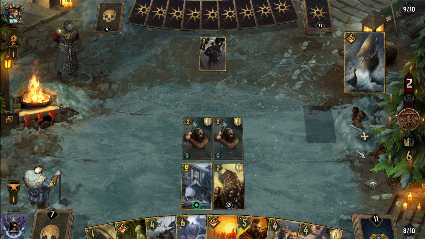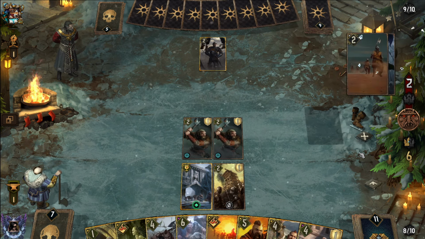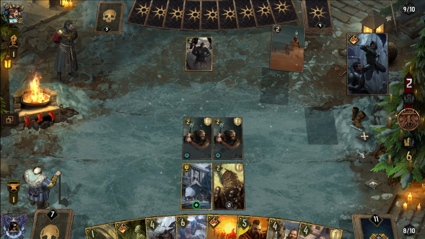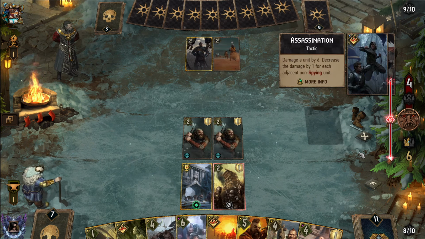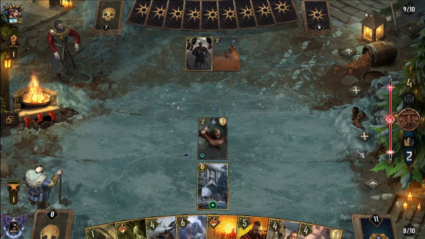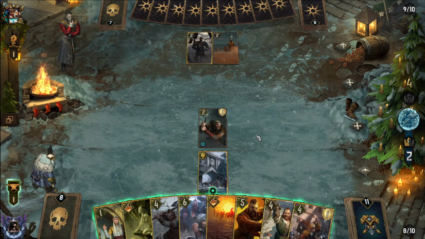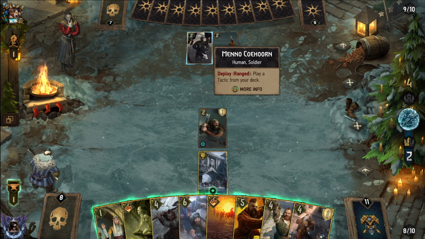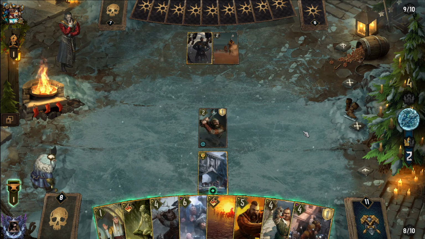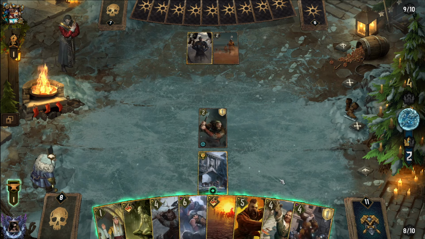Nothing will stop us. Assassination on the ranged row. And then a self-joust. Okay. I don't get the spawn off. I don't mind going Zoltan and clicking pass because obviously...